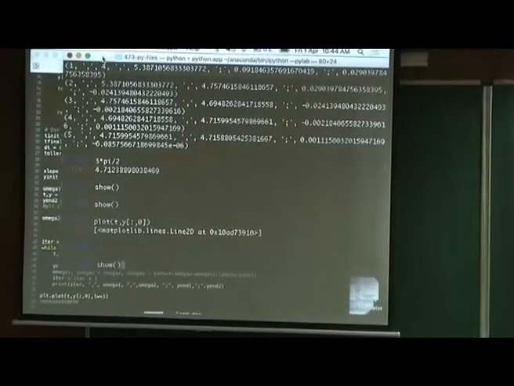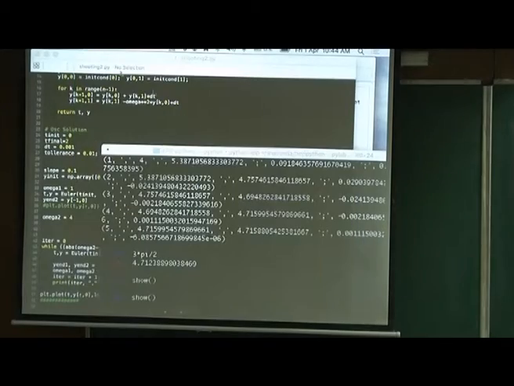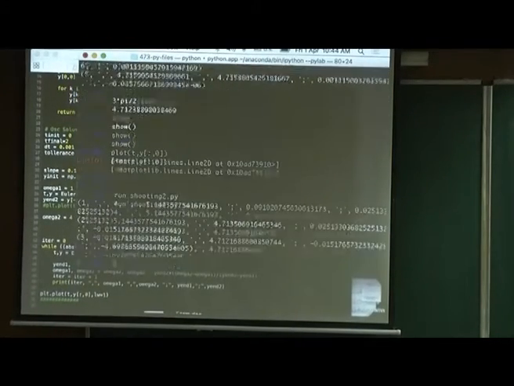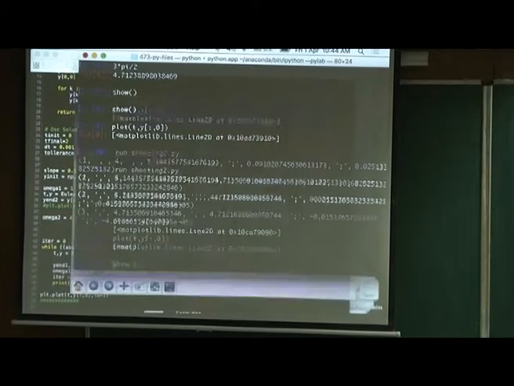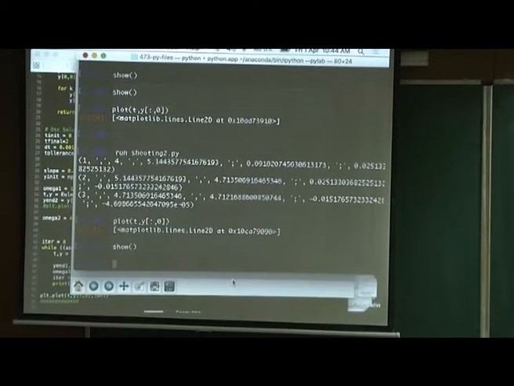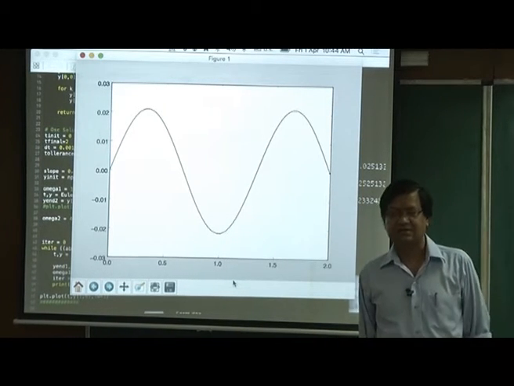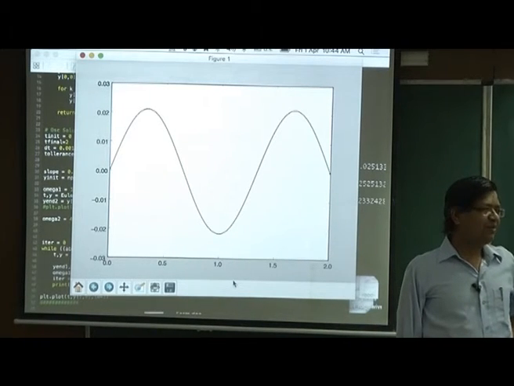Let's first kill this. Okay, so it is getting better. If you use RK2, it will get quite nicely. Okay, so these are boundary value problems.